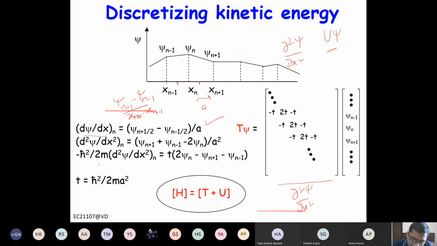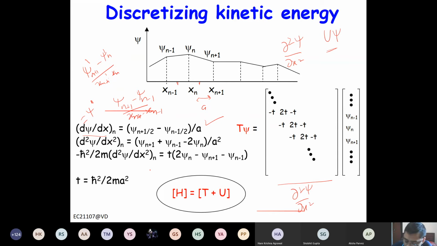The double derivative will be, let's say we call it psi prime, right? So the double derivative is basically the psi prime. So psi prime at n plus 1 minus psi prime at n, divided by x n plus 1 minus x n, right? So that way you can get this also, or you can do it in half steps. So half or half will become 1, right? So this is at n, and this is at n. So if you take the double derivative, then that means this will be a derivative at half.